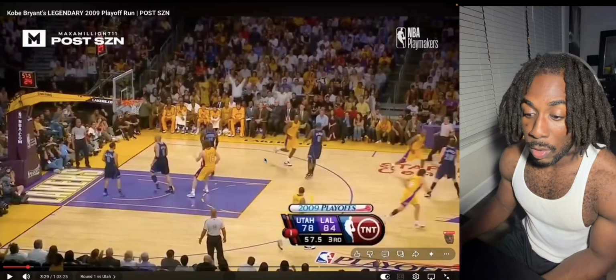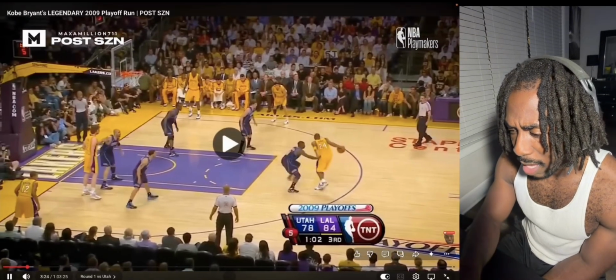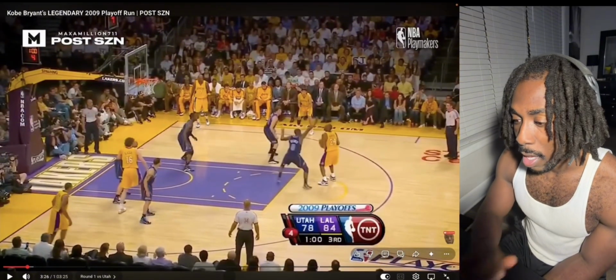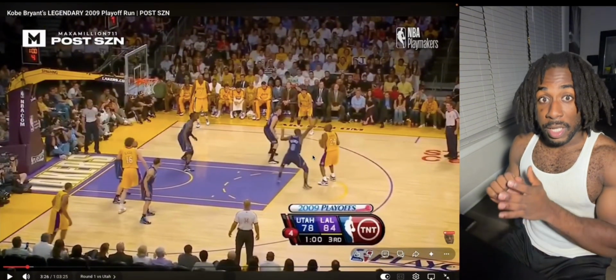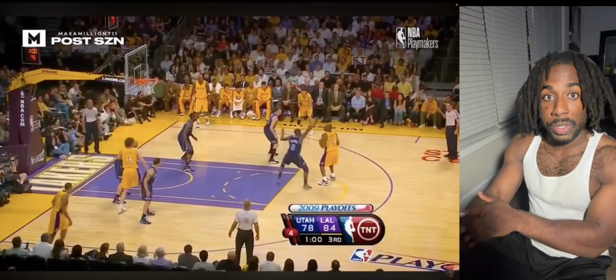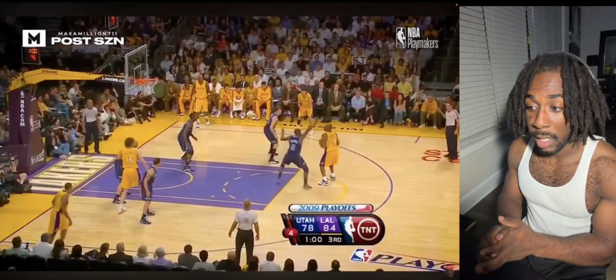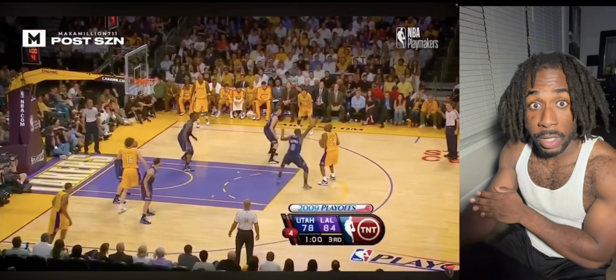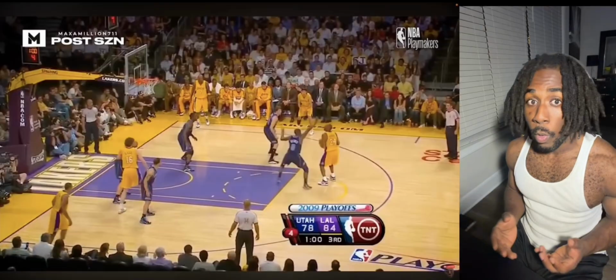Do you see what he had? I think that was Paul Millsap. Is that Paul? I don't even know. Nah, that's not Paul. But do you see what he was doing? When your pump fakes actually matter, this is what the results are, okay? You gotta make your pump fakes look like actual shots so you can have your defender looking like a Pop-Tart. You want them jumping.